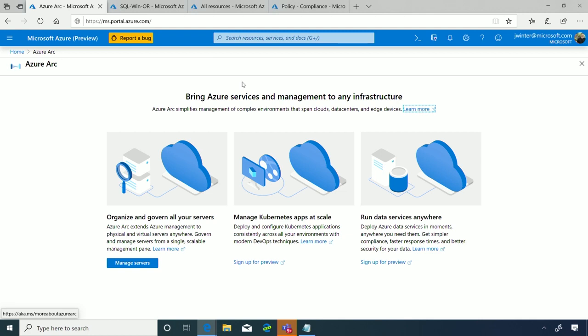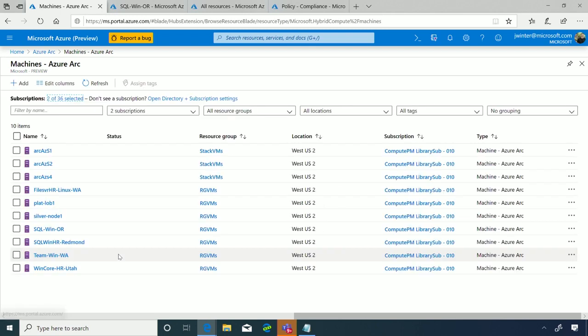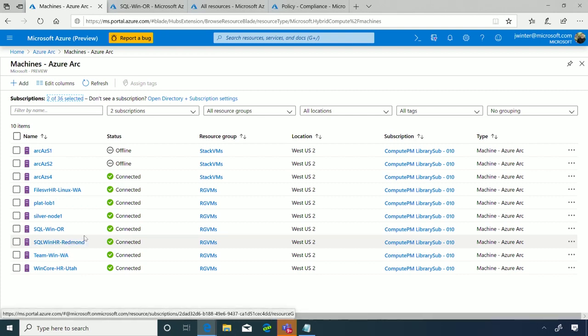Okay? All right. So let's go in and manage these servers. So I'm just going to go select on the manage servers. It comes in. We've created a set that's just specific to your managed services. We'll look at all resources in a minute so you can see it's there as well. But we wanted for the preview to really make sure you could see just all of your machines that have been Arc enabled over into the environment.